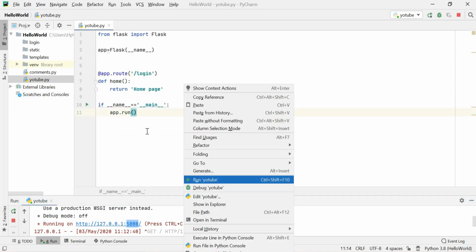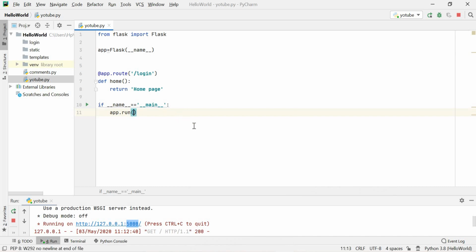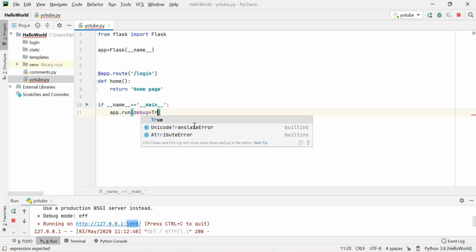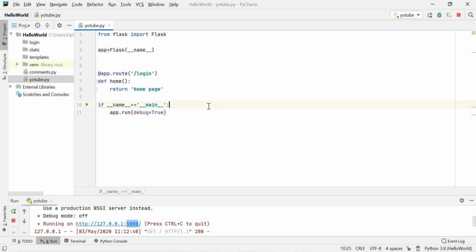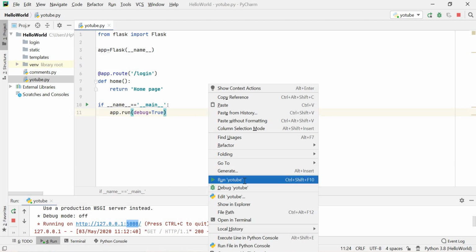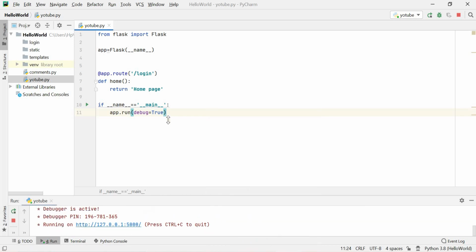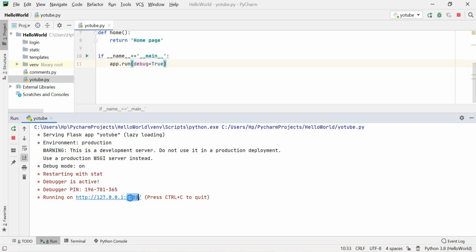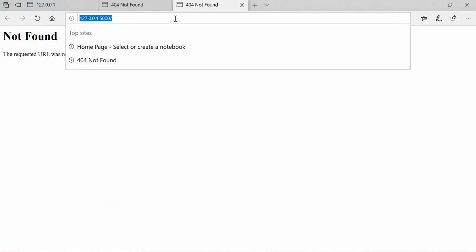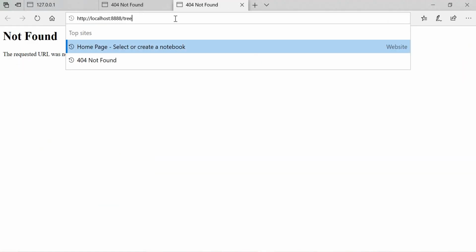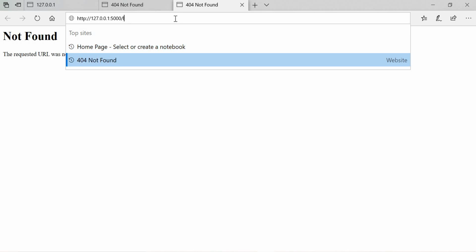run this YouTube. Okay, without running YouTube, debug will automatically reload that page. Just Ctrl S. First of all, you need to run this code. You will get this URL. You just hit over here, you will get not found, because this one is in the login page.